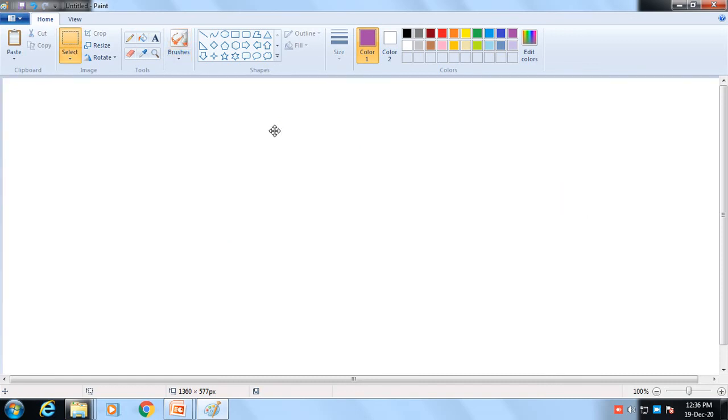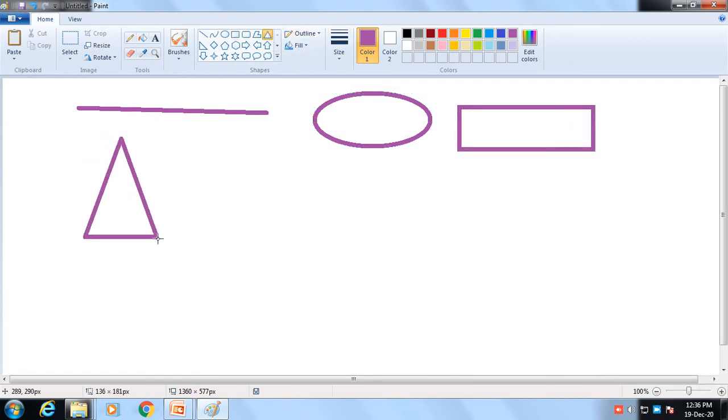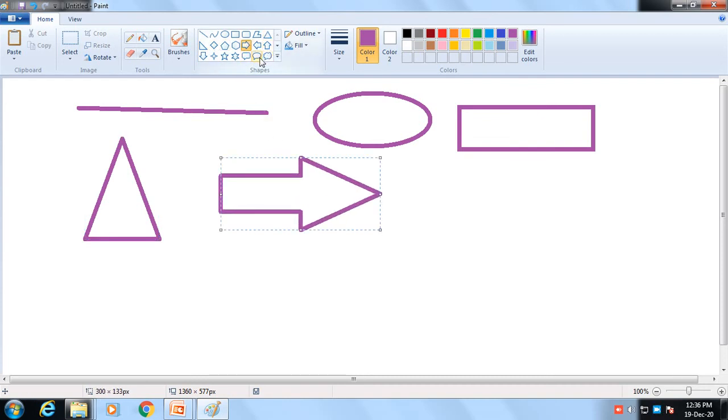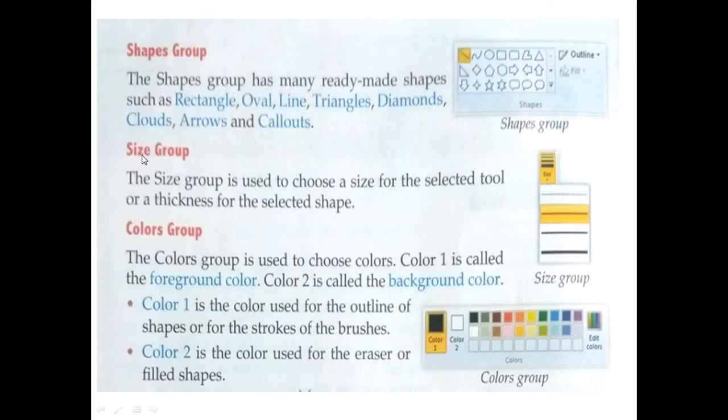Students, using these shape tools you can draw a single line like this, oval like this, rectangular like this, triangular like this, arrow like this. So there are so many shapes. You can draw shapes with the help of shapes tool. Ready-made shapes are available.